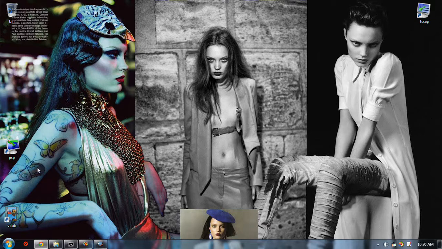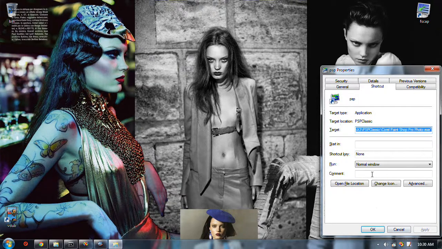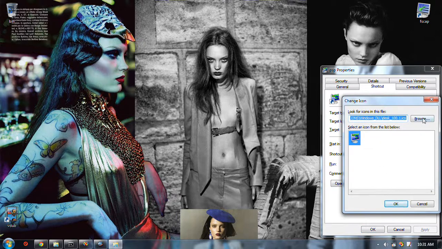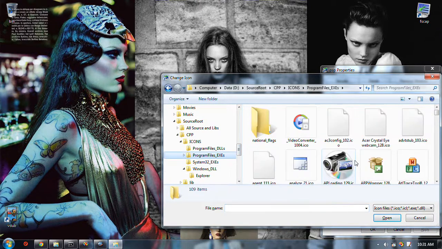In fact, I'm perfectly set up to have one in each corner. I only have 4 icons. If I want, but no, that one's pointing the wrong way. What I'd like to have is its original. I don't know where it is. It would have been in Program Files.